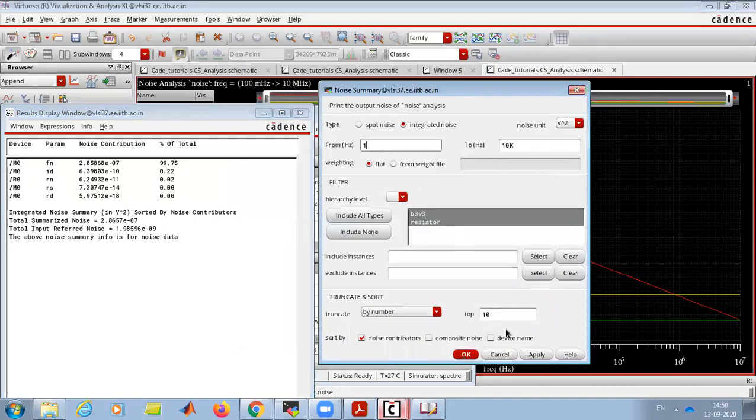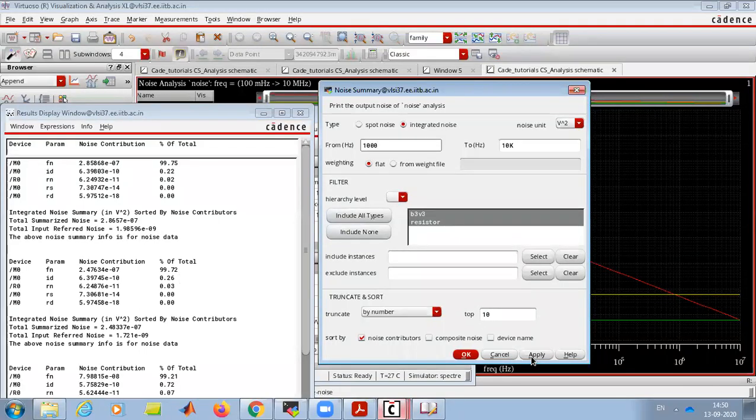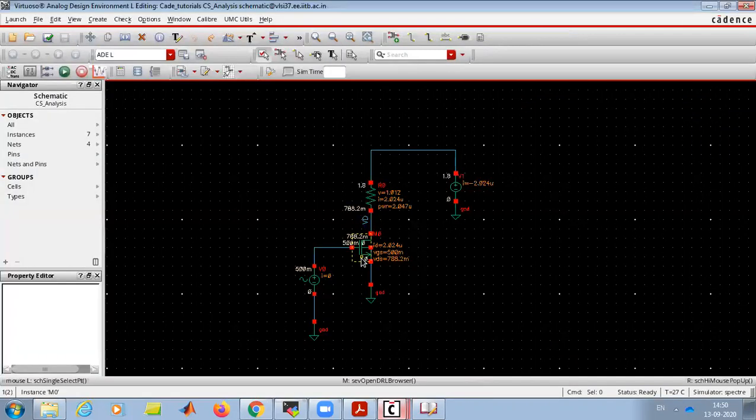If I take from 1 hertz, even then, because our flicker noise is very high, how to reduce the flicker noise, you will study, depends on W by L. So just by playing with W by L, you can reduce the flicker noise without affecting the performance. I will show this.